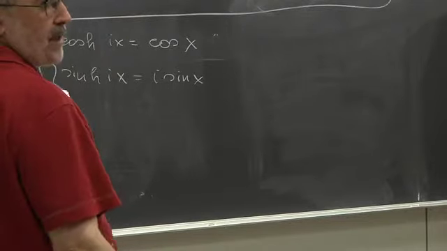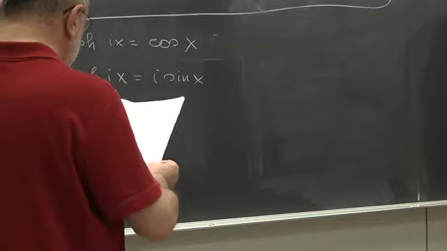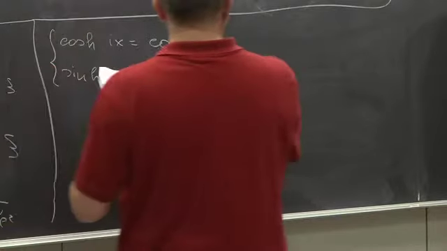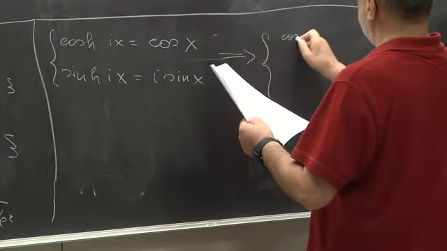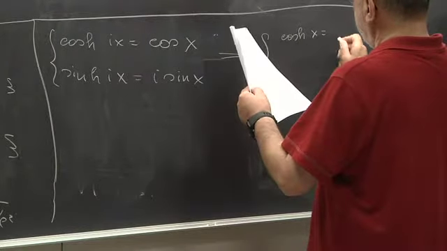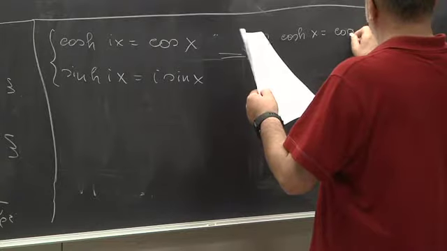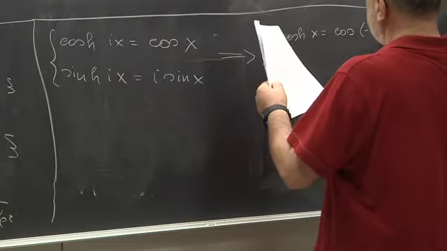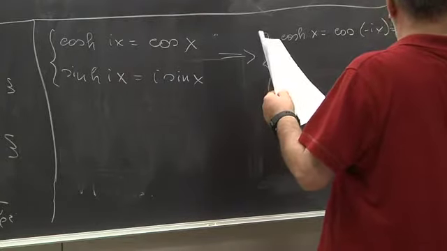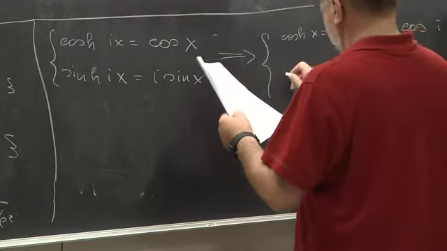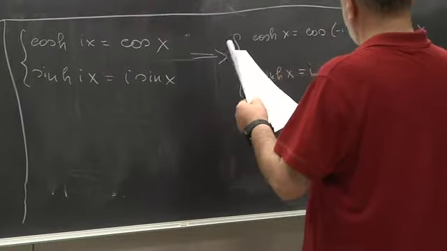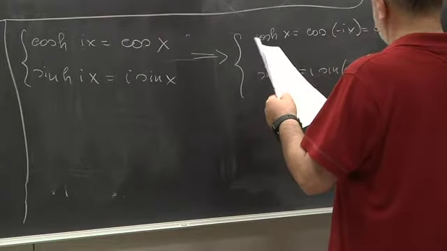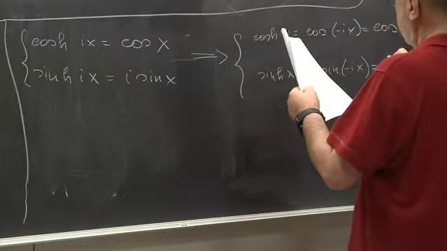Do this as a simple exercise, okay? Then from here, it's easy to see that cosine hyperbolic of x is equal to cosine of minus Ix, and this is cosine of Ix, and sine hyperbolic of x is equal I sine minus Ix, and this is equal,